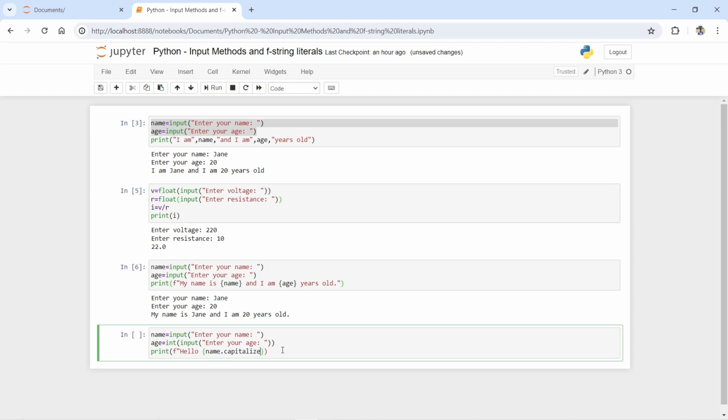So we're using the capitalize method in here. "You will be", age plus 10, "years old 10 years from now".